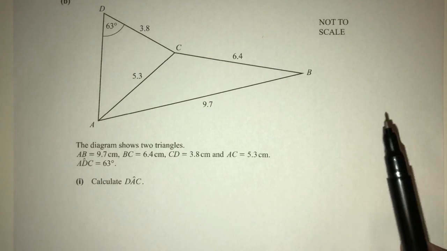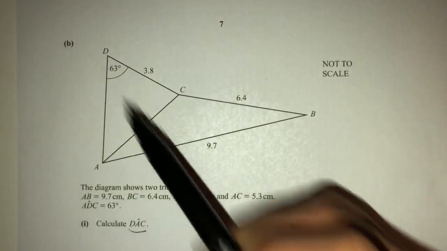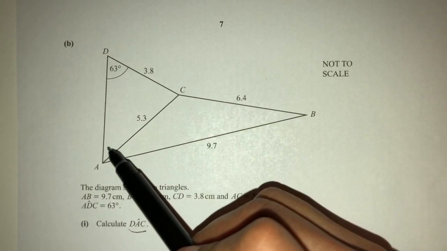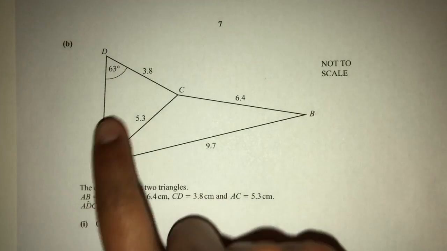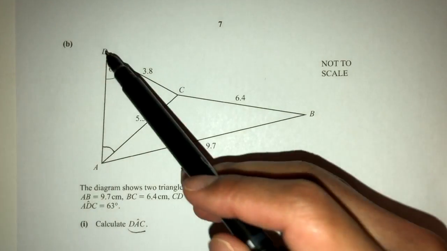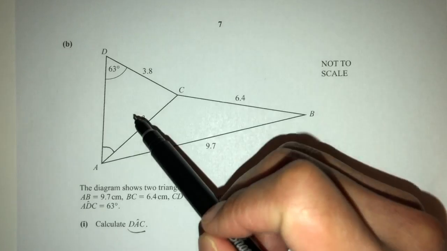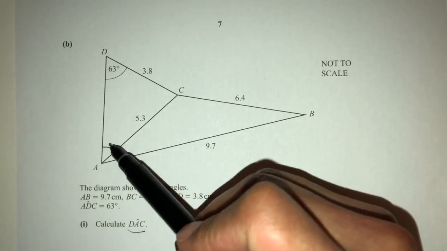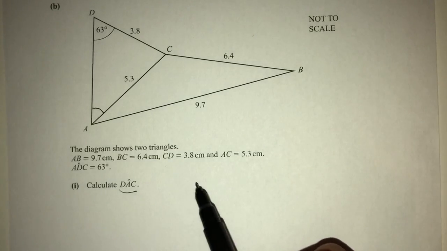Let's see. So first thing we have to calculate is the angle DAC. So DAC. So we have to find this angle. So pretty easy. If you observe, you can just look at this triangle, triangle DAC. You know this angle. We know this side. We know this side. We want to find this angle. So we have to use the sine rule, right? So that will be